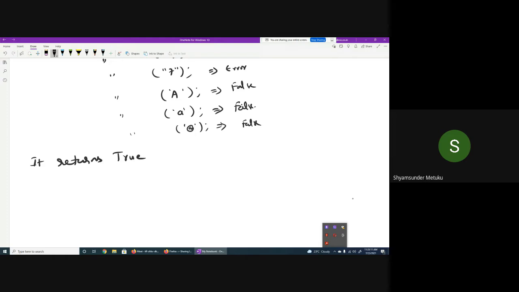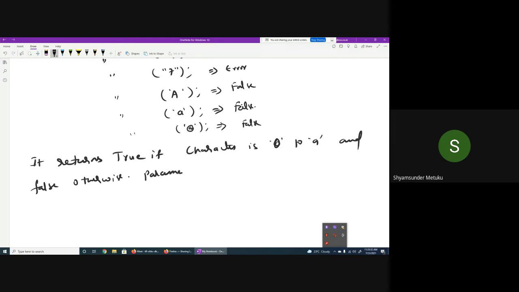It returns true if the character is 0 to 9, and false otherwise.